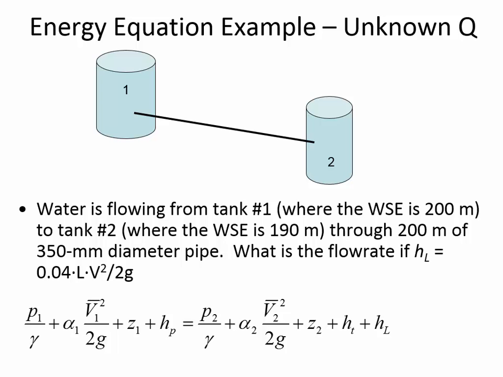Okay, so I'm going to pause for a moment and I'd like you to tell me what is the flow rate through the pipe, volumetric flow rate, cubic meters per second in the situation that's described. So here is the energy equation. Once we cancel out all the terms that don't apply, you'll be able to solve for the velocity and then from that velocity find Q.